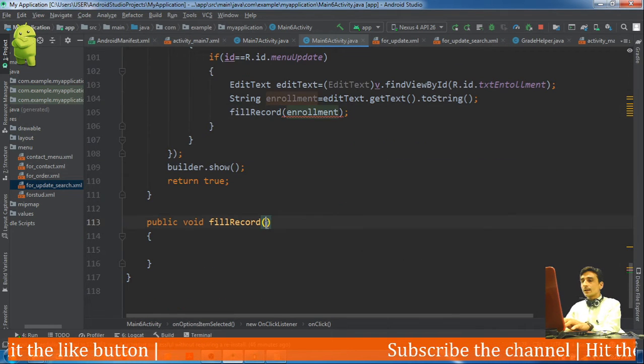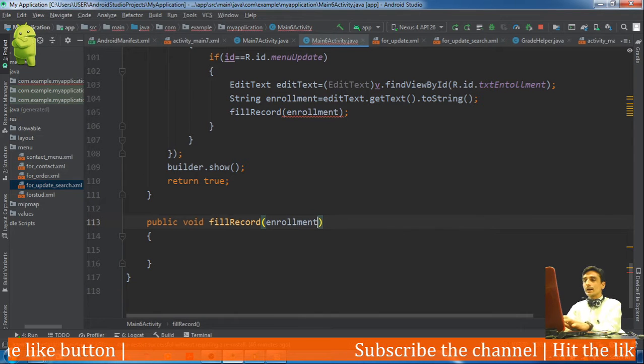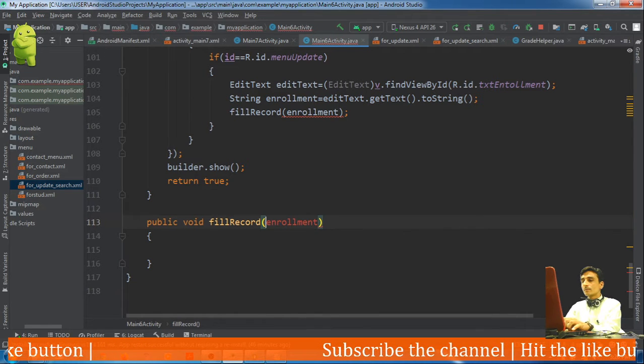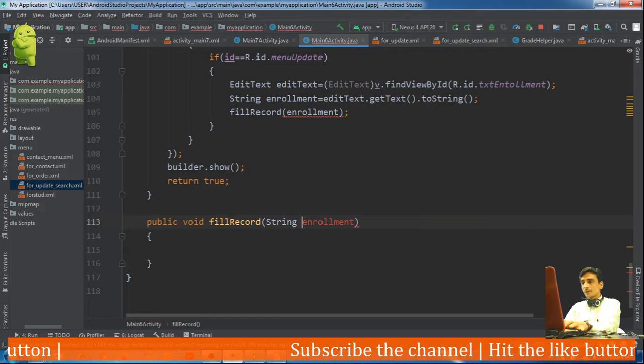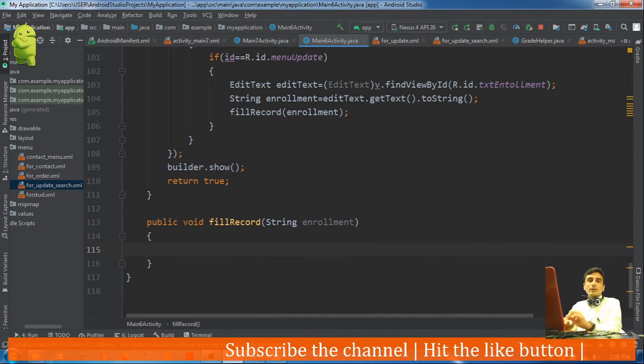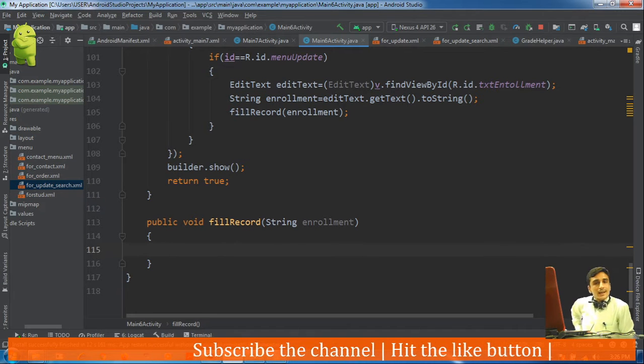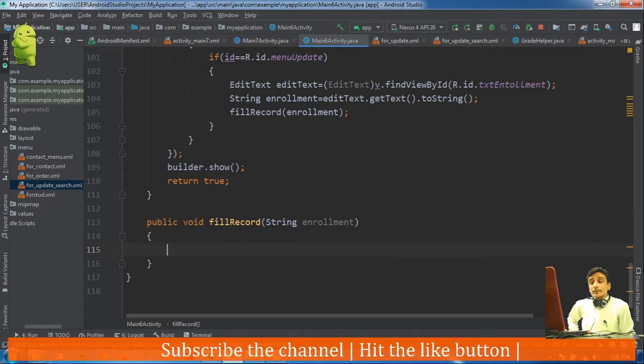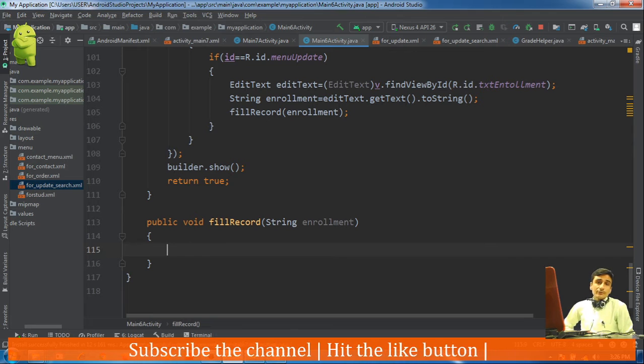And here also enrollment is passed as a string. Now this enrollment, we need to identify which record has this enrollment number, or which student this enrollment number belongs to.